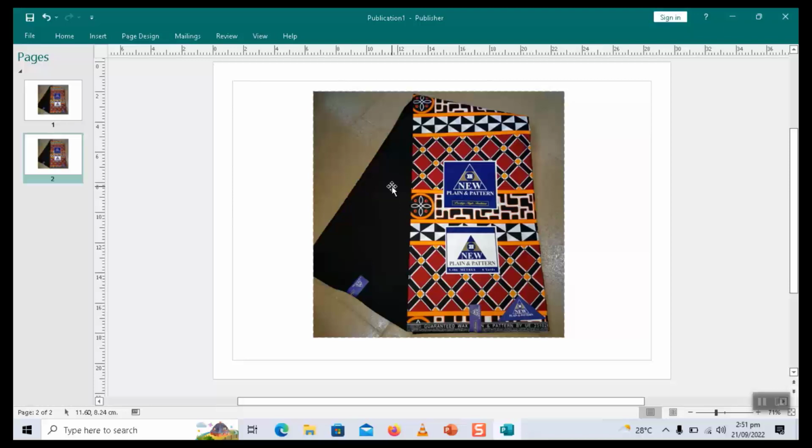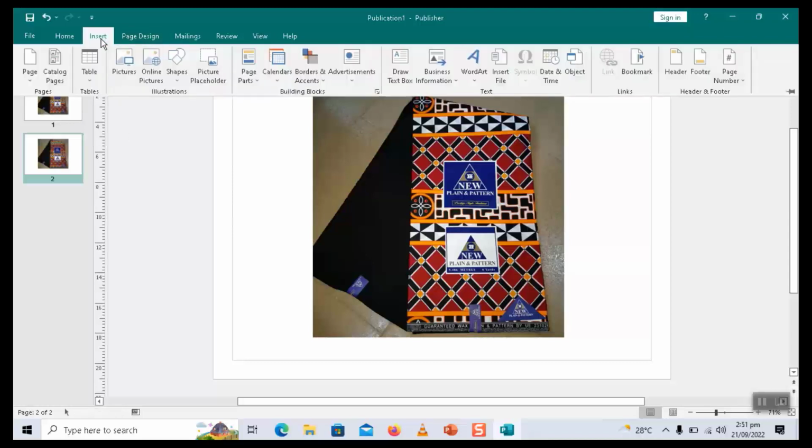This time around, it's not on our computer, but it's from a source. For that, you need to have internet access. The same, you come to the insert tab, then you click on online pictures. As I said in our lesson, if you want to insert online pictures, then you need to be connected to the internet. You click on